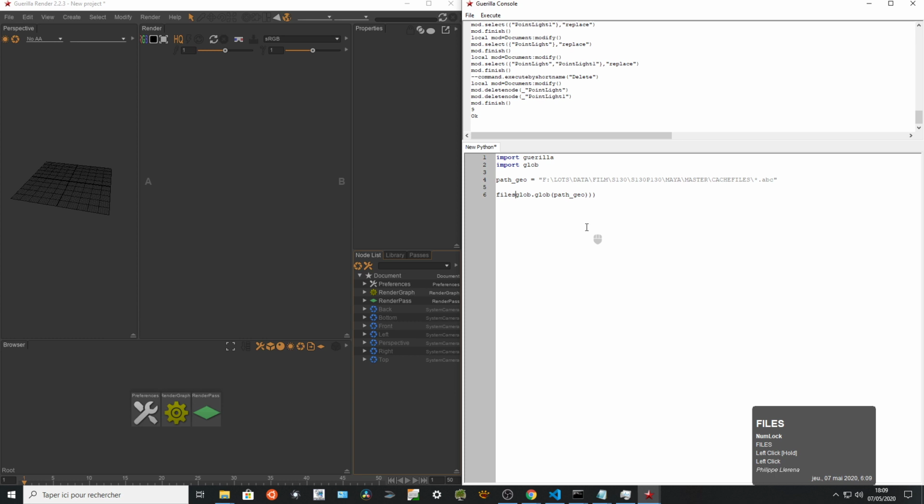It's gonna be a file object, which is gonna be a list, an array, sorry, which is a list. That's the same stuff in Python, and we're gonna parse this file list, and we're gonna print